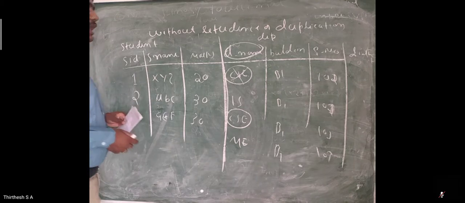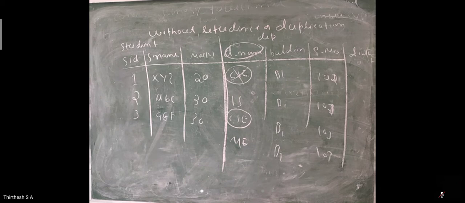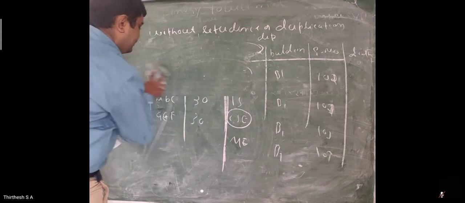So what we do, we are going to divide this table into two sets of tables, and we are going to apply on that. So what happens by that? By that your table will be very flexible, or your database will be very flexible, and it is much easier to use. And if there is any problem regarding the set of instances, you can also carry on. So that is known as normalization.